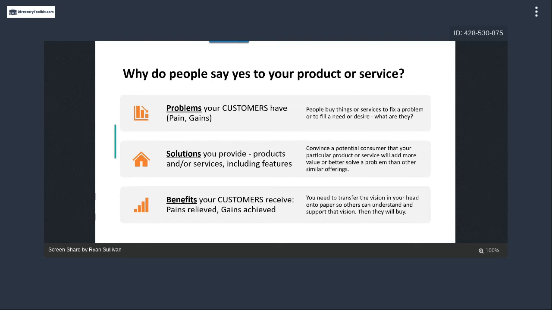They don't need to read the Library of Congress on a web page to be able to know that they want to use your product. All they need to know is that you're going to solve their pain or help them gain what they wanted. And if you do that, they're going to buy from you. That's all they're looking to do. And so you basically need to transfer that vision in your head onto paper so people can understand and support that vision,